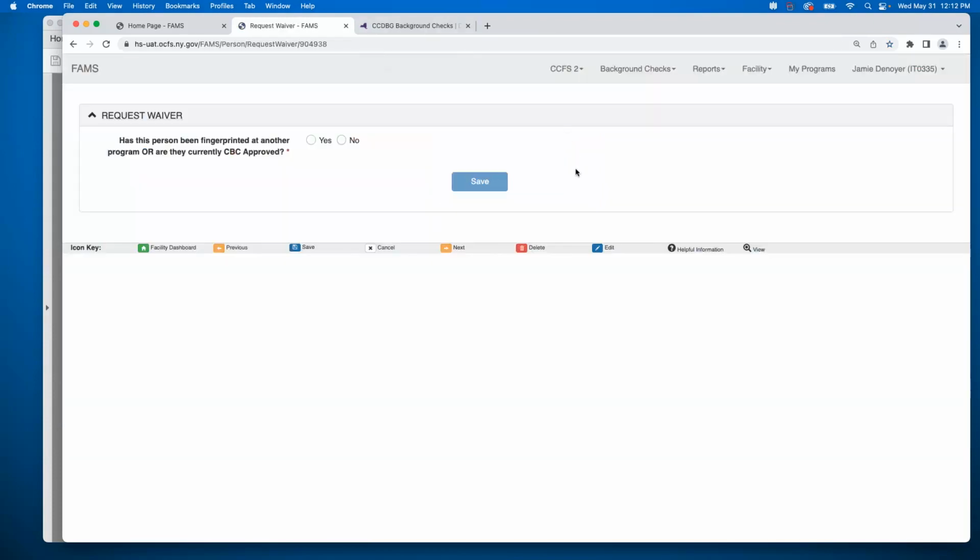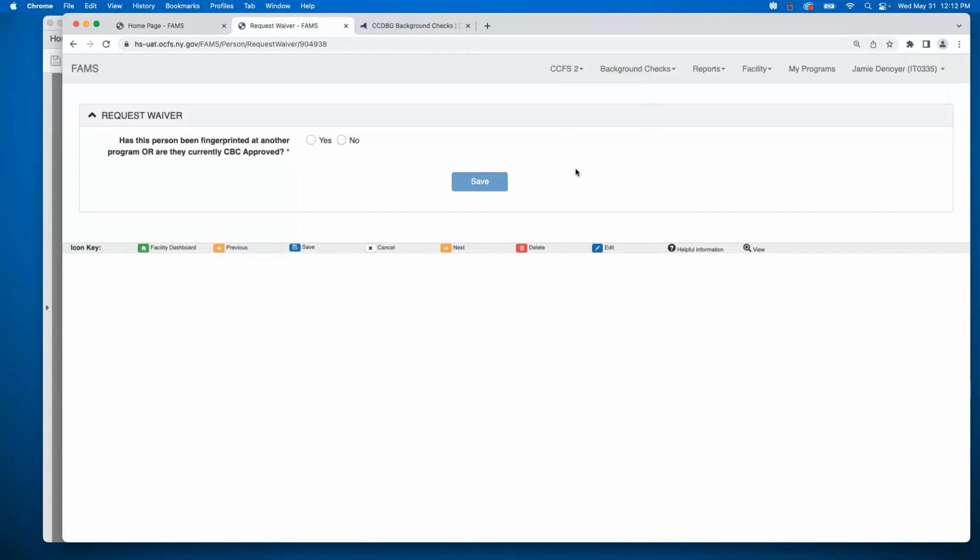So after selecting request a waiver, you're going to be prompted to answer a question. It says, has this person been fingerprinted at another program or are they currently CBC approved?